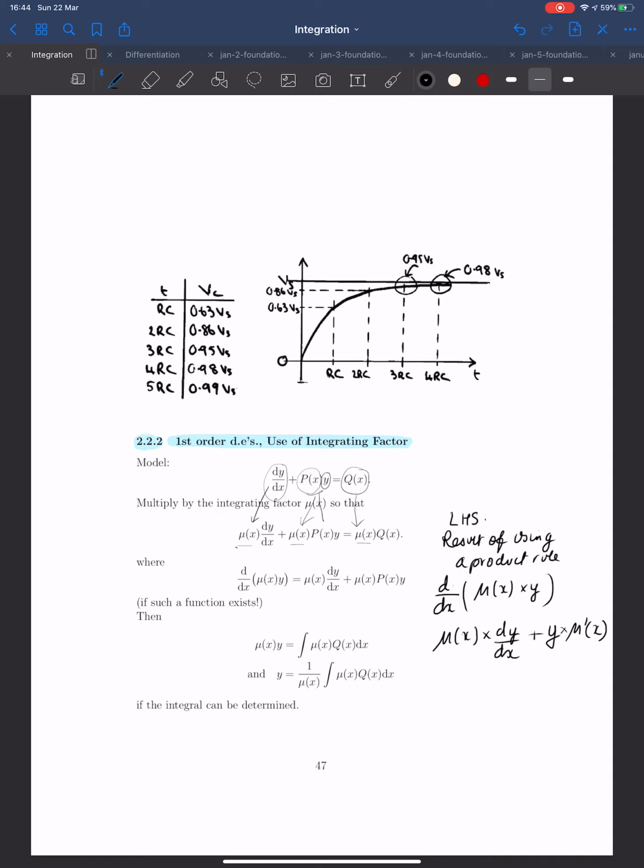Okay, so that bit there is actually there. So this bit here is here. So if we forget about the y, we've actually got that mu dashed x is mu of x y. Mu of x times y. No, that's not quite right, sorry. Mu, that one's in there. We've actually got